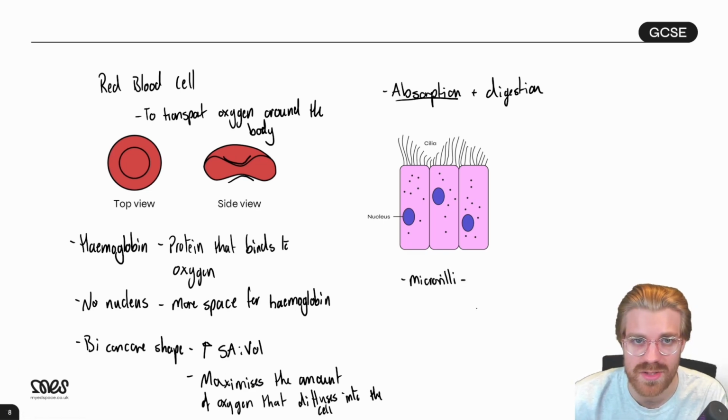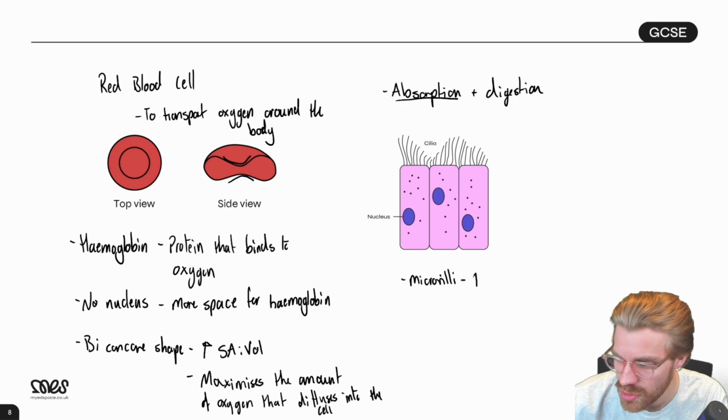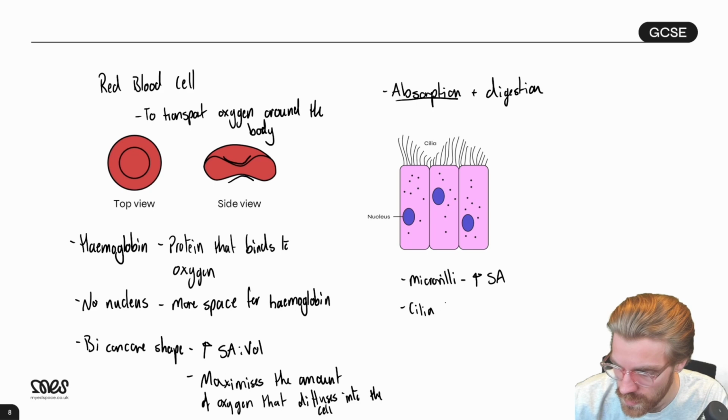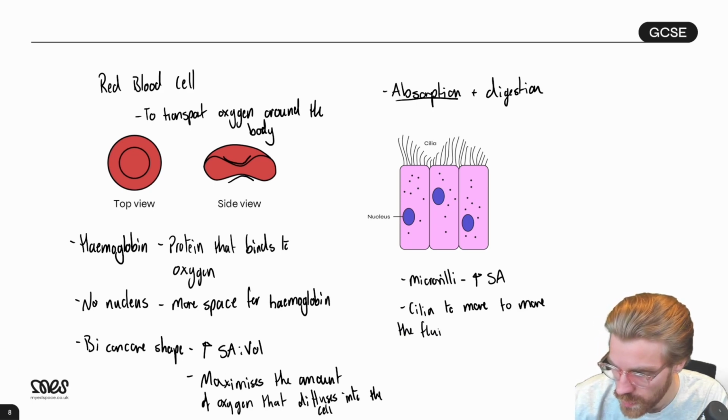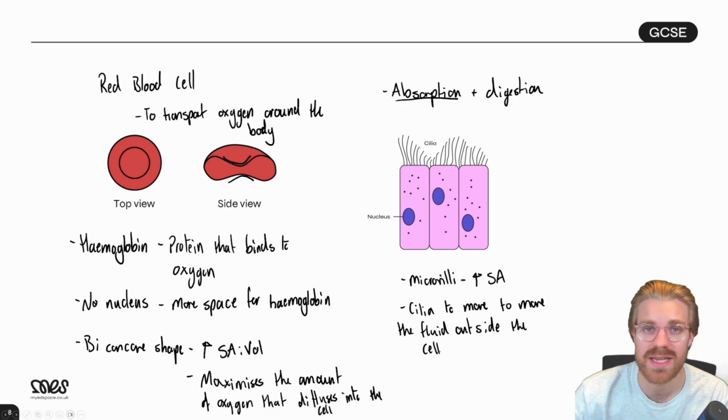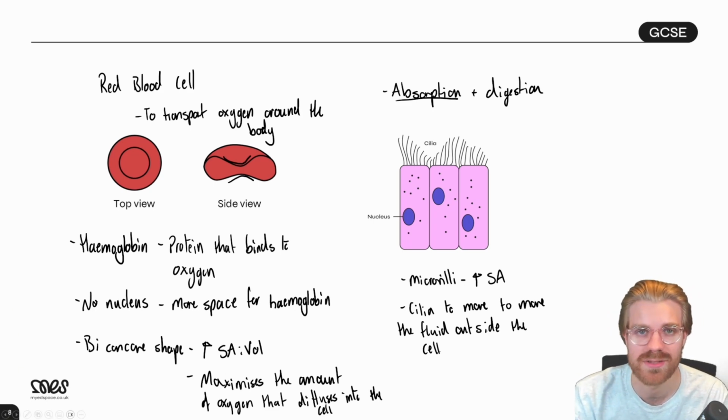Microvilli are the folds of the cell membrane, and this increases the surface area. It might have the cilia to move the extracellular fluid, to move the fluid outside the cell. The reason why that would be a benefit is because it moves and replaces the fluid outside the cell with fluid that has a higher concentration of things like glucose, and that would increase the rate of diffusion into the